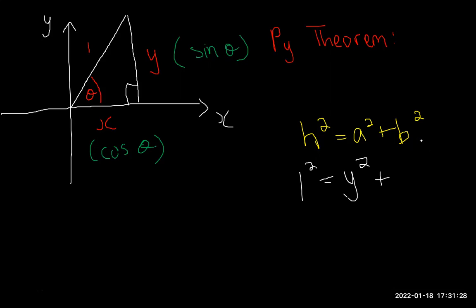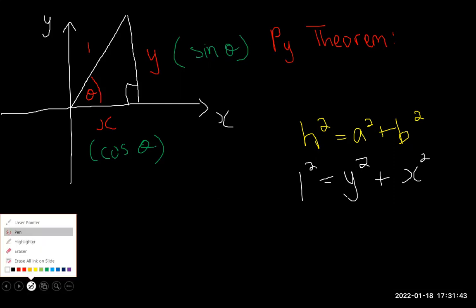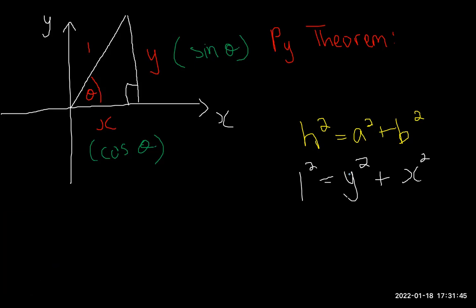To remember that, you could say b for base of the triangle, right? So b is x squared. But we said that y is the same as sine theta and x is the same as cos theta. So instead of writing 1 squared is equal to y squared plus x squared, I can write instead 1 squared